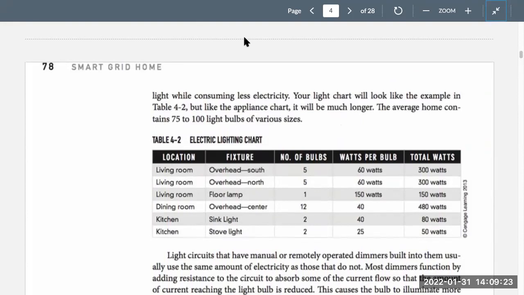It depends on the size of the bulb. It really does. So the easiest way is to look at the light bulb. We have a pretty cool little lighting trainer that we'll pull out on Wednesday, and it can show you some of the differences between the bulbs and the power that they use. And it helps you see a little bit more